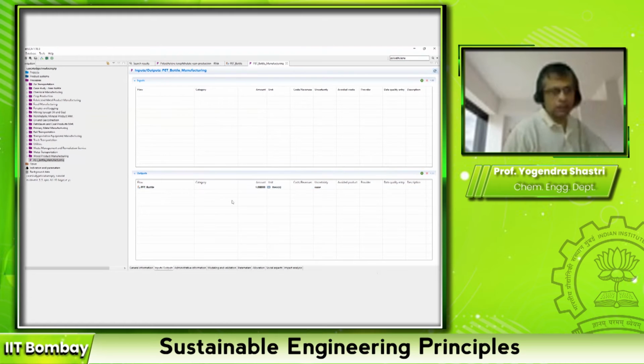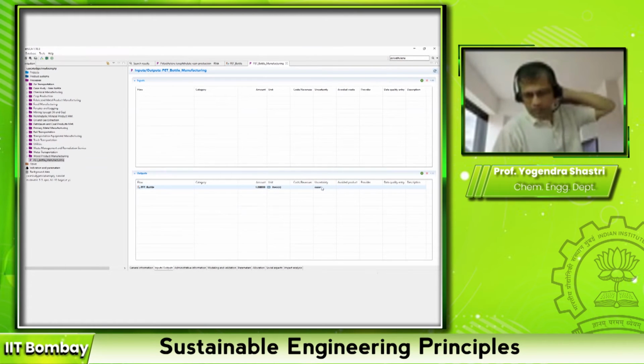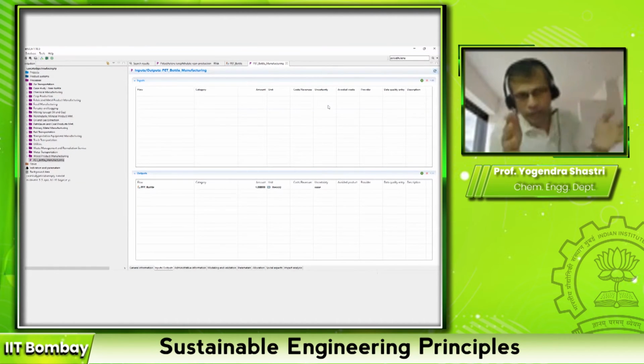Sir, what does uncertainty mean there? There's a column. Yeah, so sometimes the data is not deterministically known. This field appears for all the inputs and all the outputs, right? So sometimes you may have a range for a particular value. Let's say a particular input, water requirement or electricity requirement. You don't have a fixed number, but you have a range. So you can actually give that range, and when you do the final calculations, you can do Monte Carlo simulations.